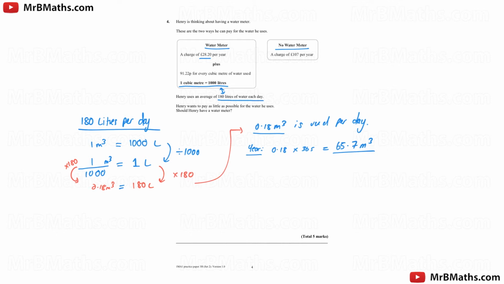So if that's what he uses in a year, I've then got to do the cost, or part of the cost, so that will be 65.7 times, and this is the bit where you need to be careful of, this is 91.22p, so think of it, for example, as 91.5 pence. It's not £91.22p. So if we put the pound sign here, it's actually going to be 0.9122. So if you do that, 65.7 times 0.9122, you should get a total cost of